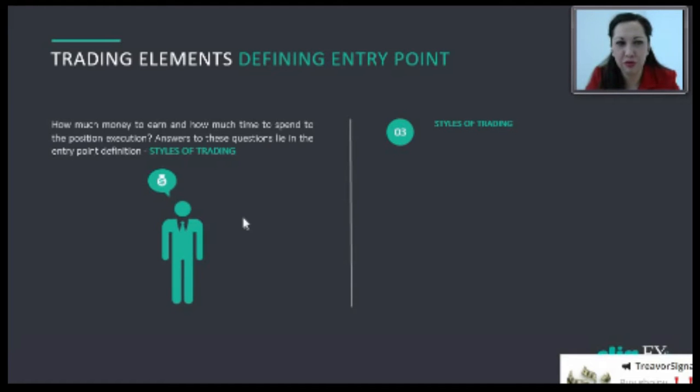The whole process of trading is divided into five main styles. And of course, people who trade according to these five styles are also divided into five categories. So let's talk about it. We have five styles of trading,